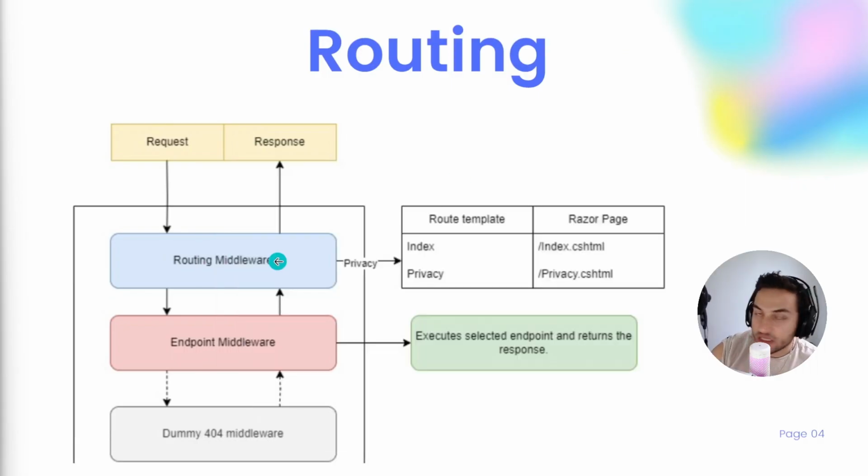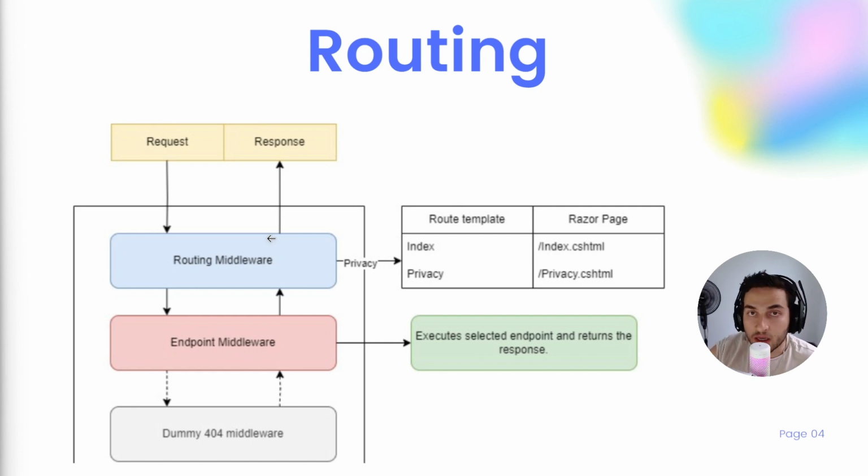So as you can see, the responsibilities are separated, and that's how the framework knows which specific page handler to execute inside what specific Razor page, based on the information that comes from the request that the routing middleware